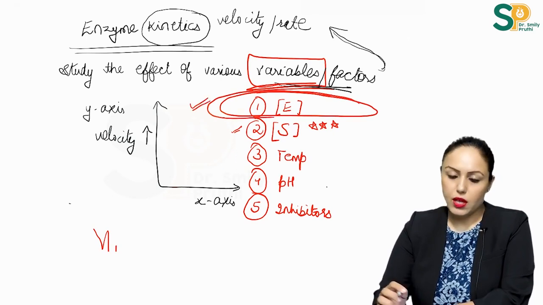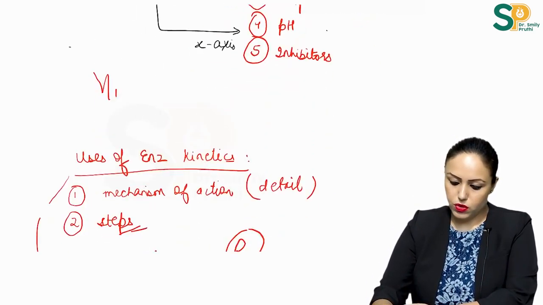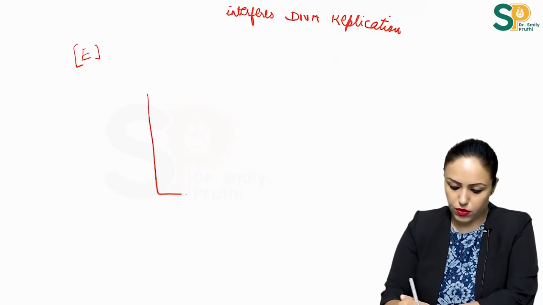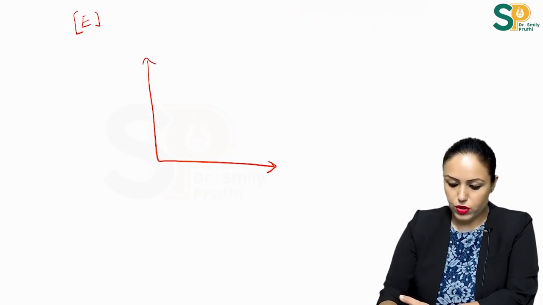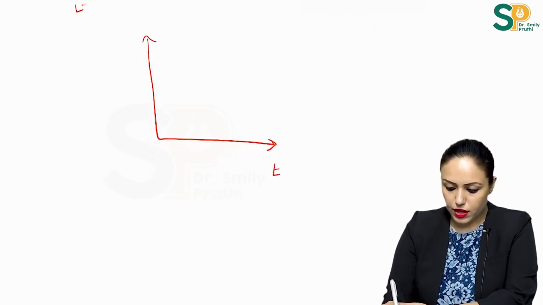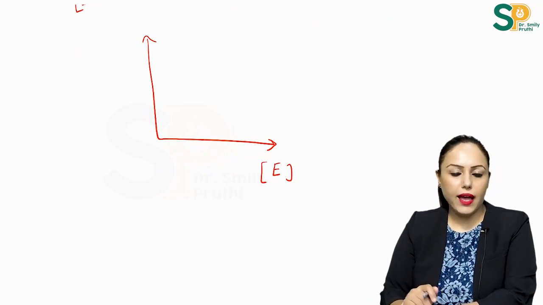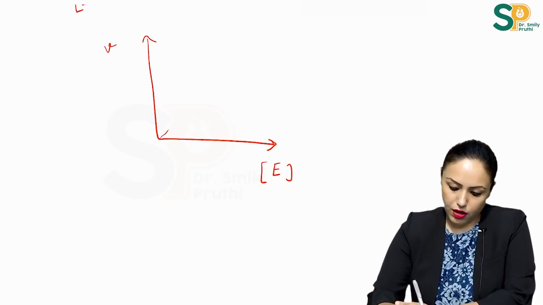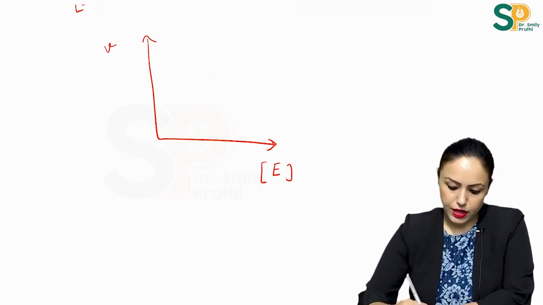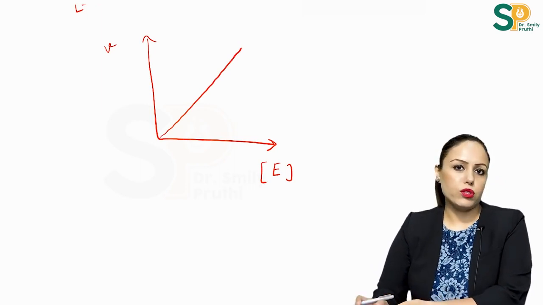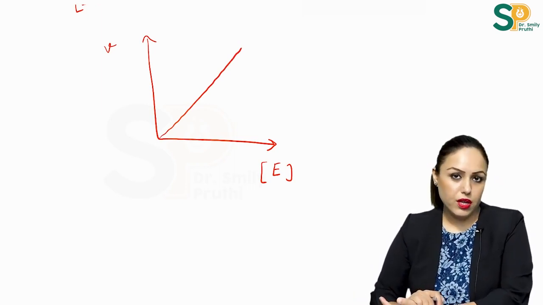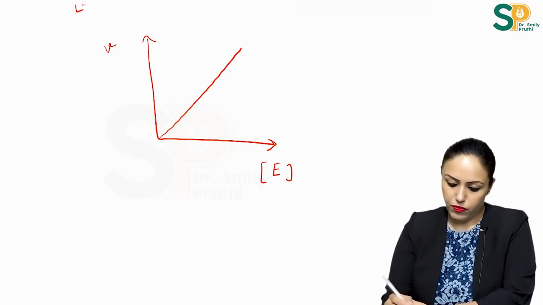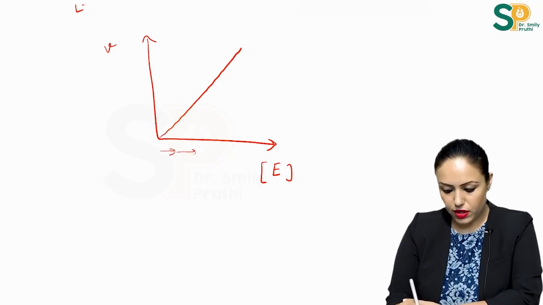First, I will be taking this enzyme concentration. So we have to see the effect of enzyme concentration on the rate or velocity of reaction. So here in this graph, we will take enzyme concentration on x-axis, velocity on y-axis, and this graph is a straight line. Basically, you have to learn the shape of all these graphs, and you have to understand why this shape is there, what is the meaning of this shape. So what is the meaning? Means as we're increasing enzyme